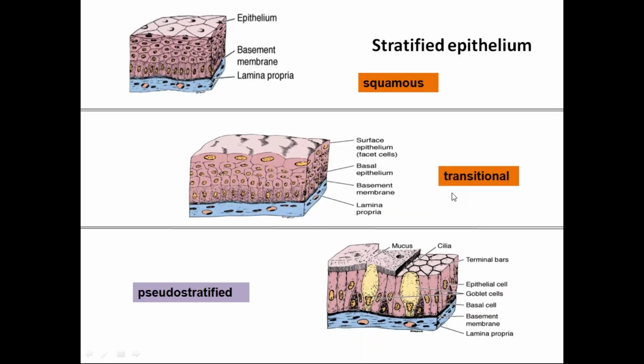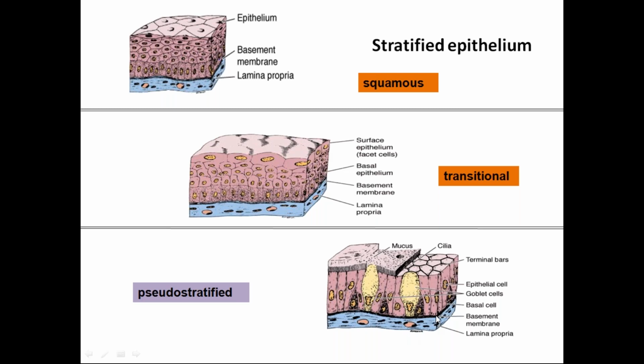Next, pseudostratified epithelium. So where do you get pseudostratified epithelium? You will get it in the respiratory tract where air is present. Here there are cilia, so ciliary beating is there. Why is this pseudostratified? Actually, it's not stratified, it's falsely stratified. Pseudo means false. Actually, it's a simple epithelium because all of these cells are columnar, but they touch the basement